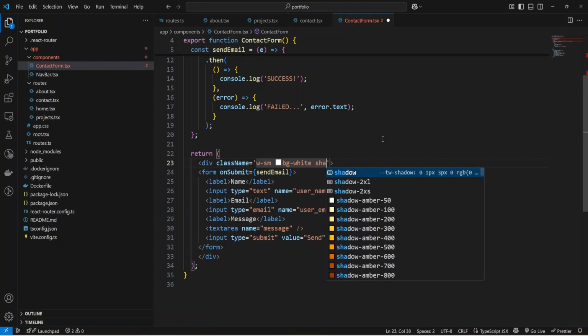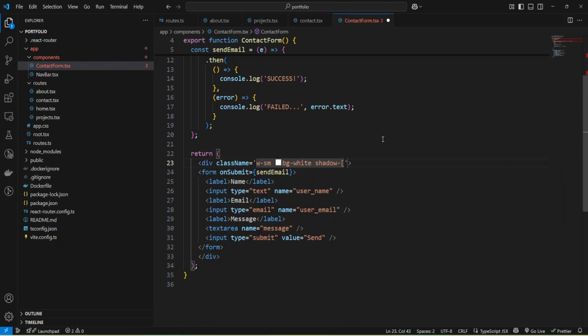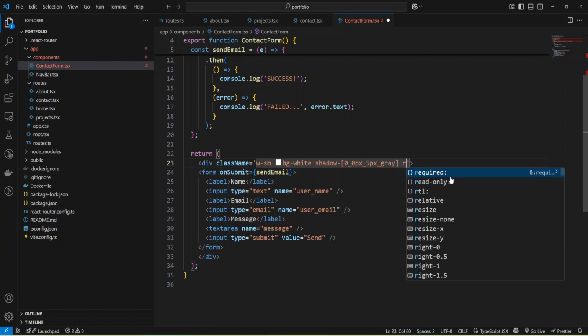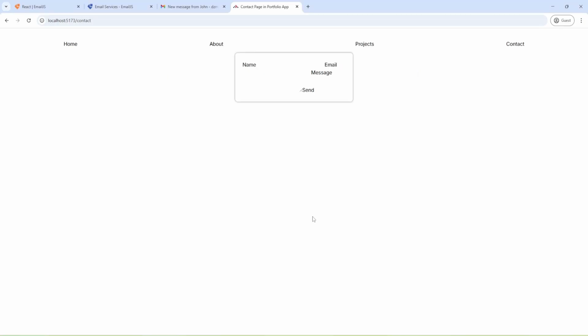Let's add some shadow, and it will be 0, 0, 5 pixels gray. Okay, and also we can make it rounded and provide lg and add some padding. Okay, let's check. And as you can see, we have some shadow and a container.